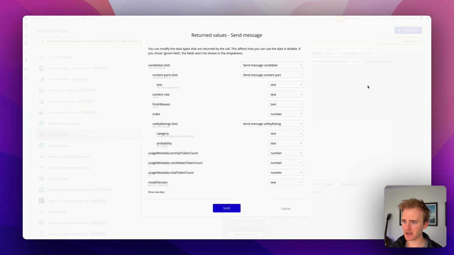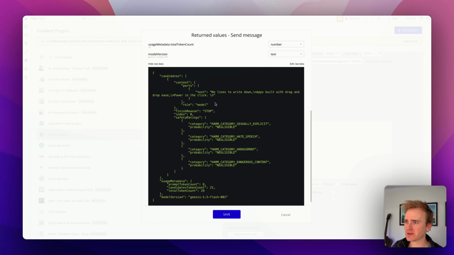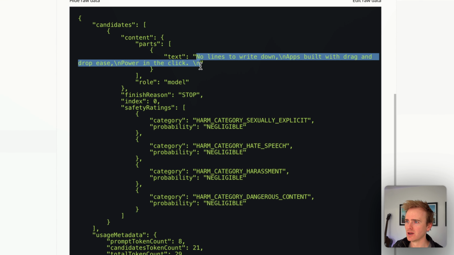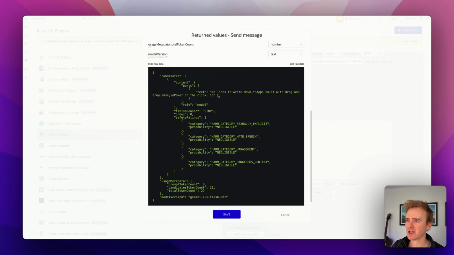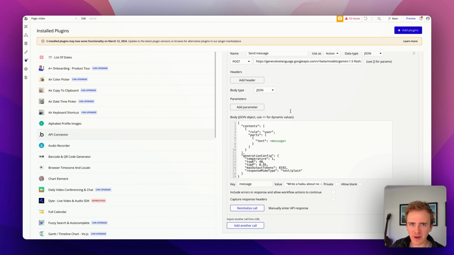But now I can click connect, initiate the call, and I get back a response. And here is my haiku. Very, very similar to any other AI API that we've used in the past, but that's how you can set it up with Gemini. Now there's one amazing feature that Google have just released, and I think it's Google's response